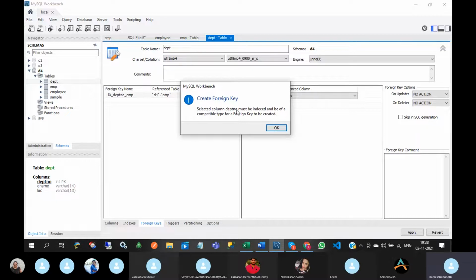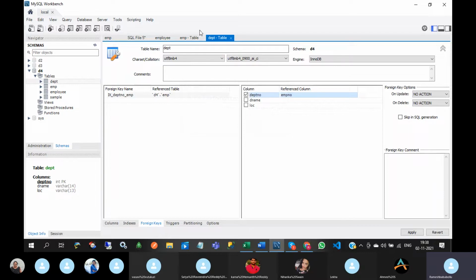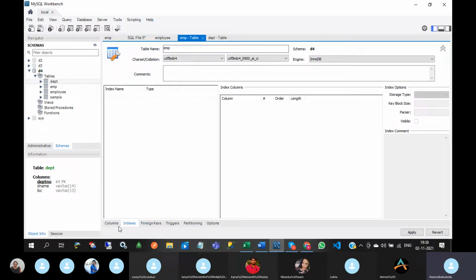That means the selected column department number must be indexed and be of a compatible type for a foreign key to be created. So go to the employee table, it is showing like that. Go to the employee table and create one index on department number, and then you can establish the primary key and foreign key relationship between the employee table and the department table.